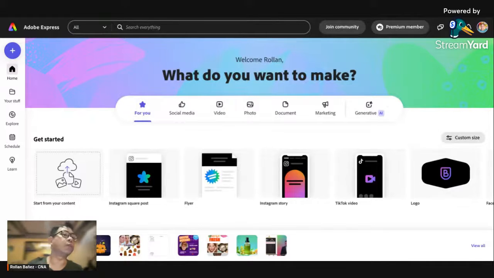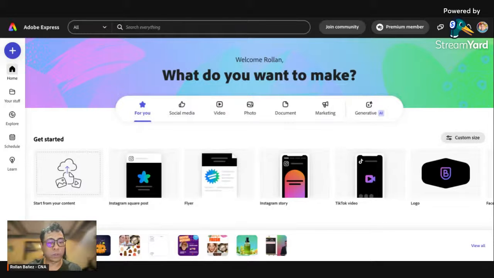Please log into Adobe Express. As you would see, I'm already logged in, as you can check on my top right portion of the screen, using my Adobe account already. And let's start to get in